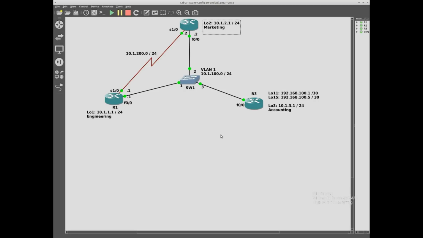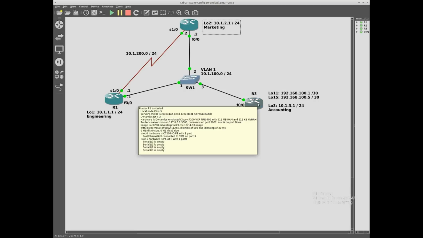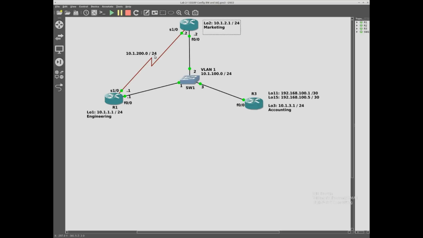Then there is a serial connection between router 1 and router 2 that plays into convergence and multiple paths. What we're going to see is that once router 3 is configured, it will have two paths to get to the 10.1.200 network. And what we'll then do is make one of the paths go away and see how long it takes before the communication is restored. So again, it's really simple, straightforward